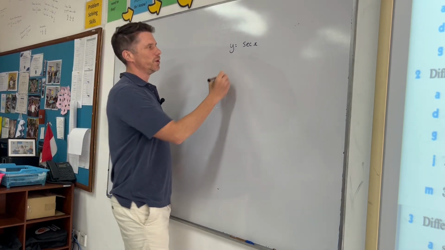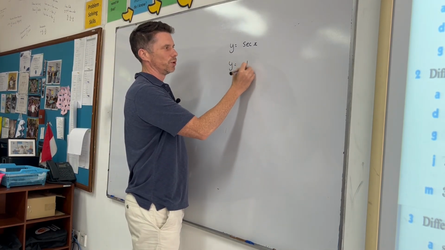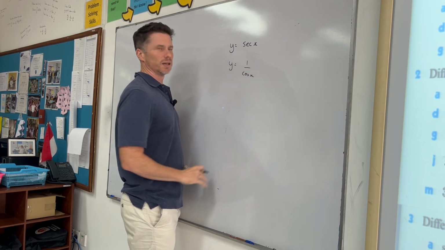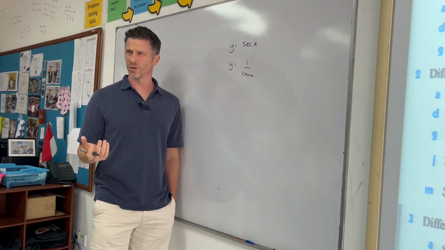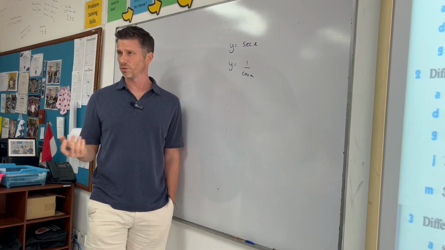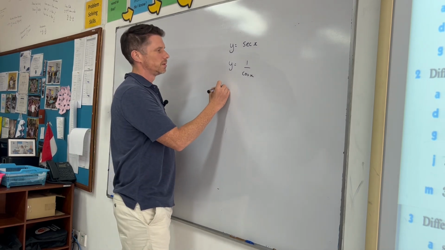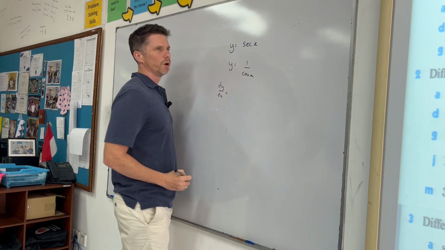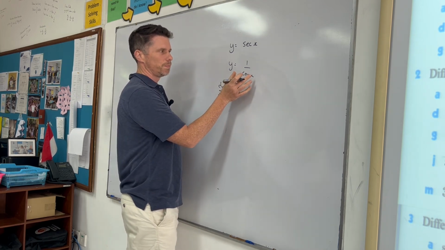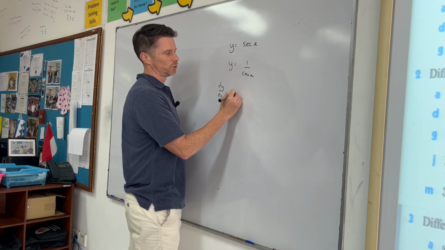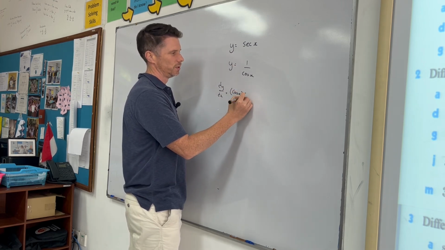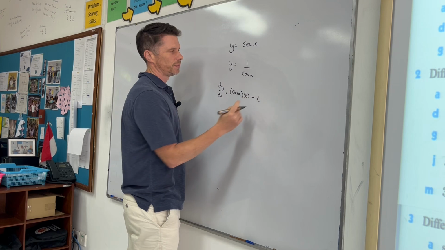We would rewrite it as 1 over cosine x. There's two ways of doing this. I suppose you could do chain rule maybe, or you could do quotient rule. I prefer quotient rule. I'm going to use quotient rule. Okay, so quotient rule would be the bottom by the derivative of the top, which is just, well, we'll write it down, cosine x times 0, minus the,